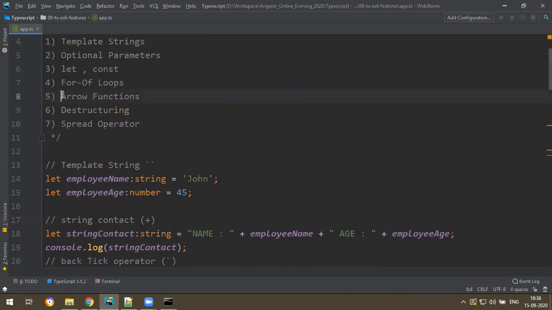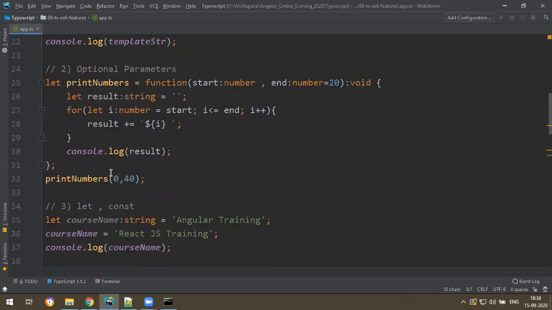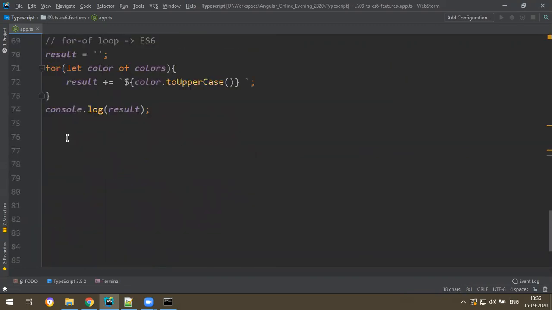And the next topic is arrow function. Arrow functions are also given from the ES6 version. We already saw arrow functions, but one more time. Arrow function means just functions only, but no function keyword. It's a different way of writing a function. So an arrow function will be like this, you'll have this type of arrow.